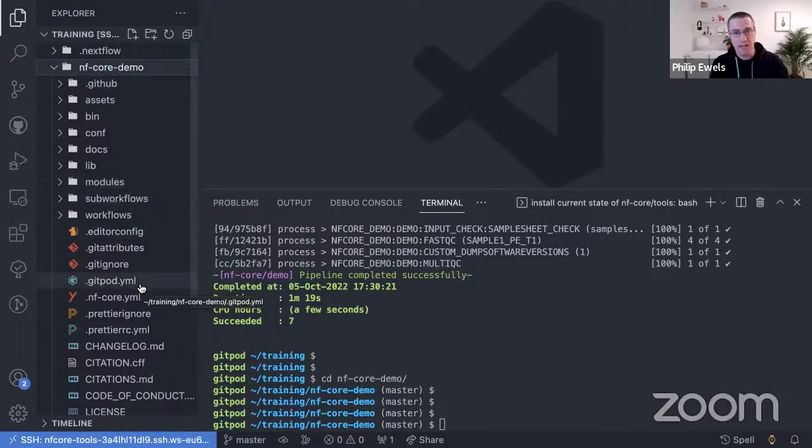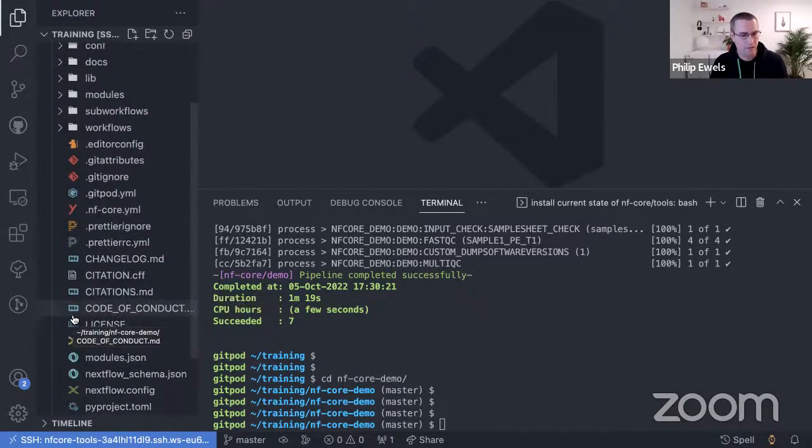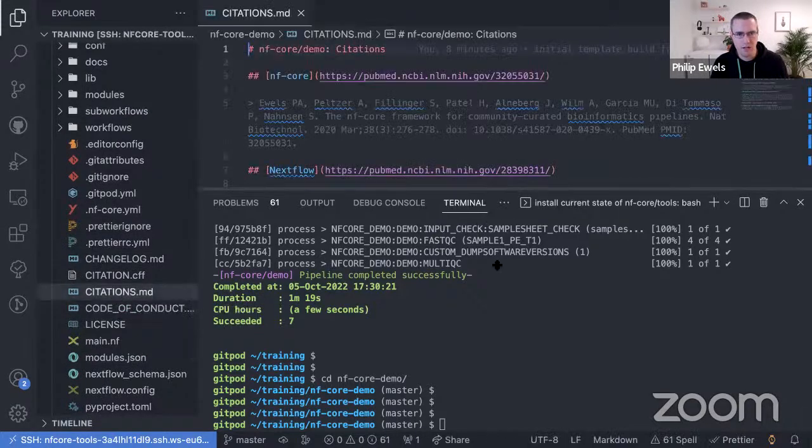And so we use Black for Python code, which is the most common one for Python. And we use a tool called Prettier. This is the logo down here, which does YAML and JSON, markdown and stuff. So to show this in real life,